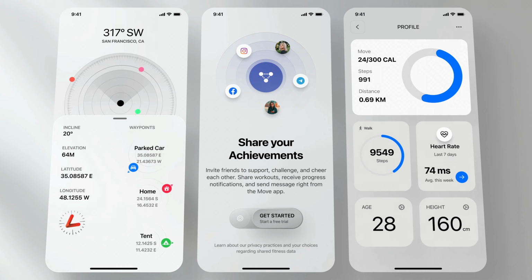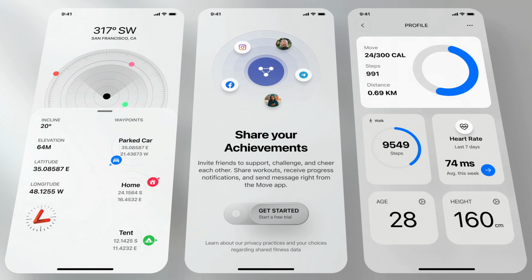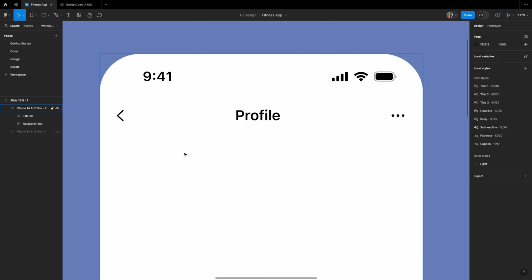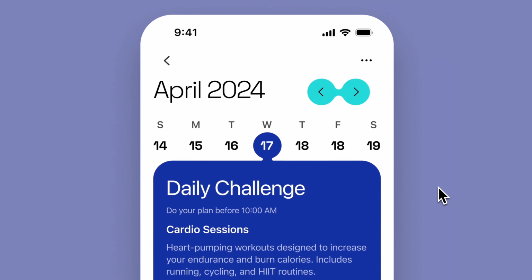This helps users quickly locate the information they need and enhances the overall usability of the interface. Duplicate or create a new screen frame and retain the status bar, navigation bar, and tab bar. Let's design a calendar on the Daily Plan screen to help users manage their fitness routines more effectively. This calendar allows users to schedule, track, and visualize their workouts, which encourages regular exercise and helps in building consistent